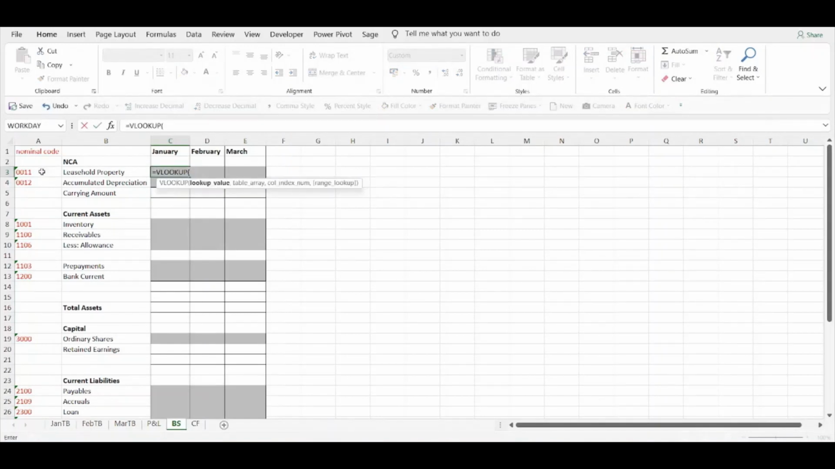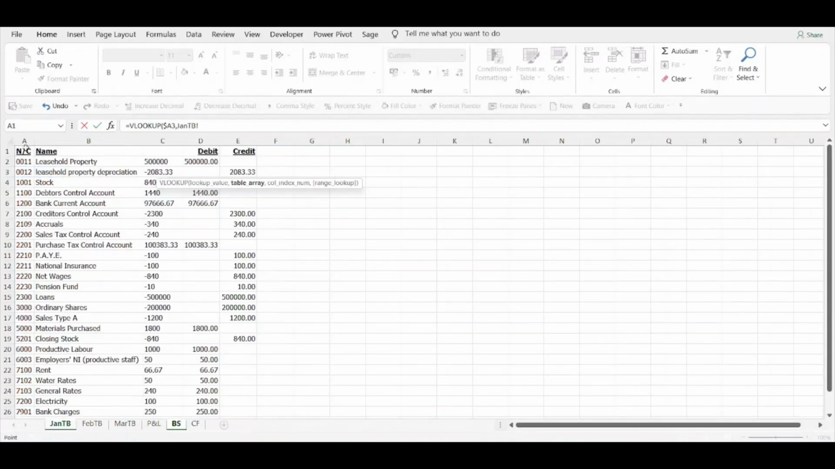So we do VLOOKUP, lookup value will be the nominal code, we fix the column reference, and then the table array will be in our Jan TB because we're doing January right now. The table array will be the first 3 columns like before. We fix the cell reference for those 3 columns and the column index number, because we want our balance sheet to return the values in column C. This is the 3rd column within the table, so we type in number 3, and again it's an exact match,